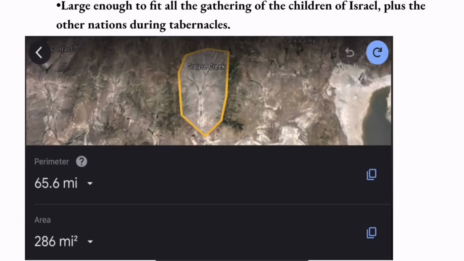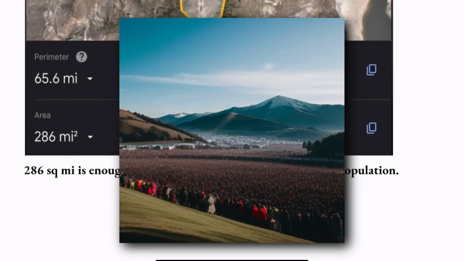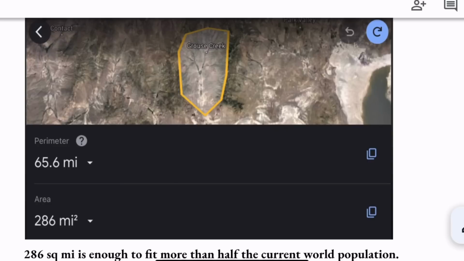So another thing is, it's large enough to fit all the gathering of the children of Yasharal plus the other nations during Feast of Tabernacles. So with that being said, if we measure this whole bowl over there in northwest Utah, we'll see that its whole area is 286 square miles. That's actually very large. In fact, 286 square miles is enough to fit more than half the current world population. We know in those days the world population would be a lot less, right? But also,